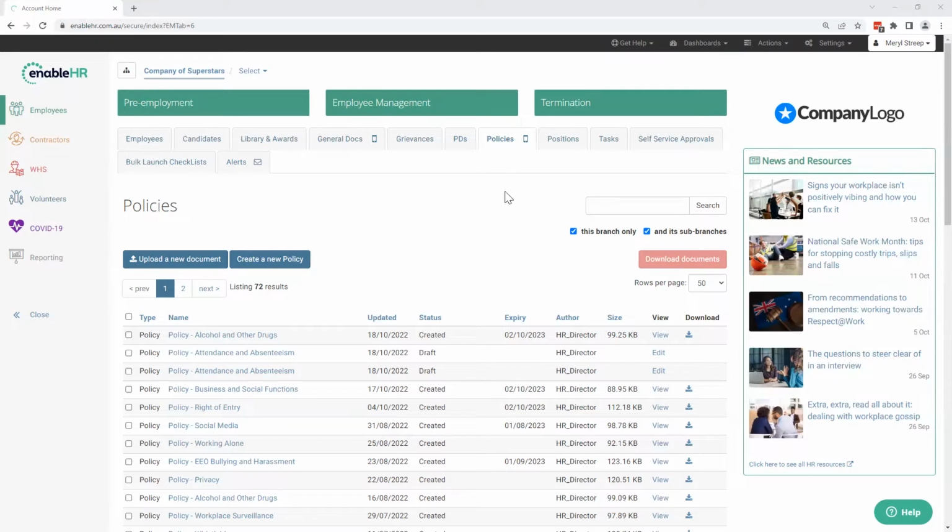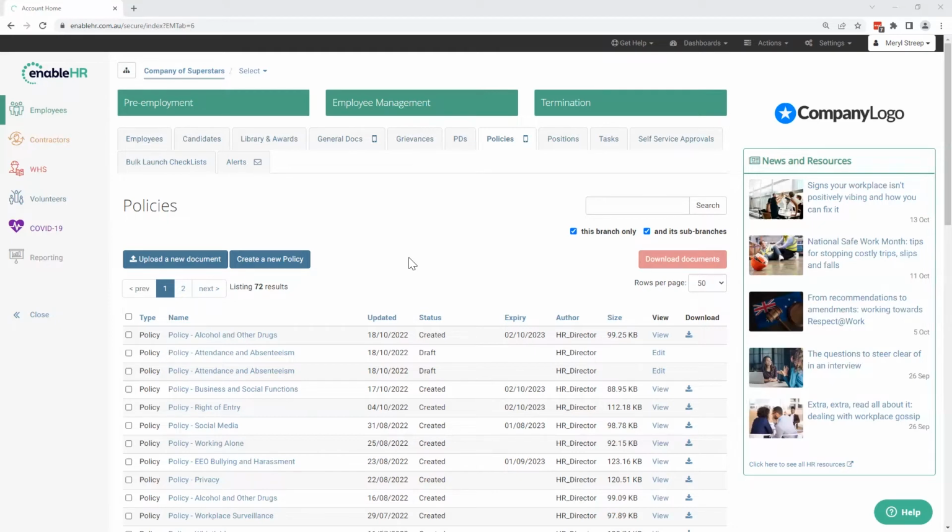If you have existing company policies that you are going to continue using, you can upload these under the Policies tab. Again, the mobile phone icon just here does indicate that documents can be visible through ESS, and as they are policies, they'll be saved as the policy document type that you can see down here. If you need to upload an existing policy, click on Upload a new document and follow the same steps previously shown for uploading a document under the General Docs tab. The only difference is that you won't need to change that document type. It will automatically save it as a policy because we're under the